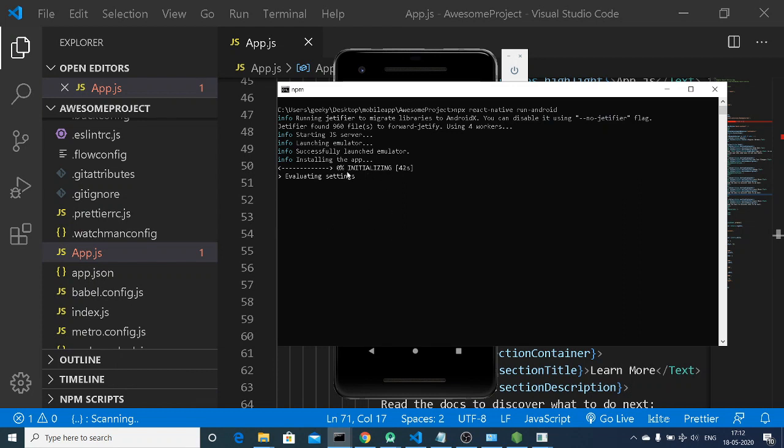It is initializing here. So I will not pause the video, I will be running the video. So you need to wait. If you don't want to wait, you can just switch the video for some seconds. So just wait, it is configuring the app here.